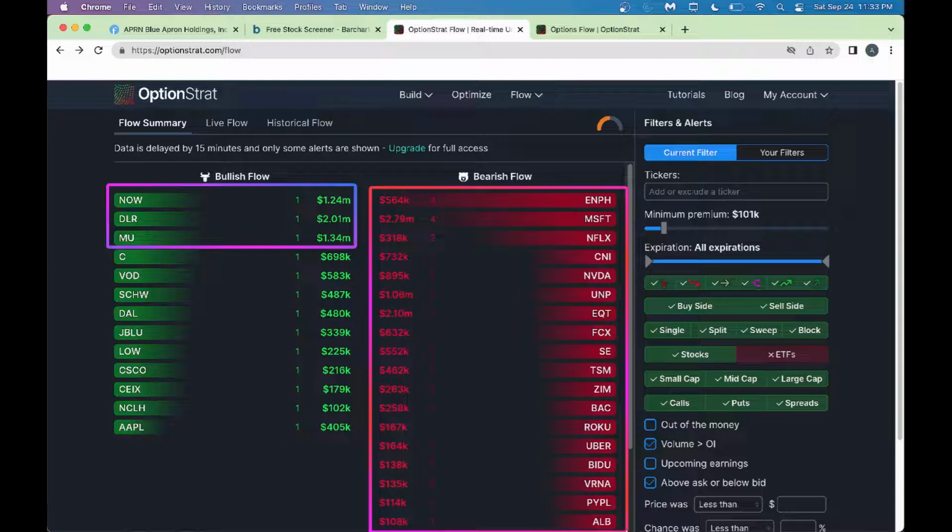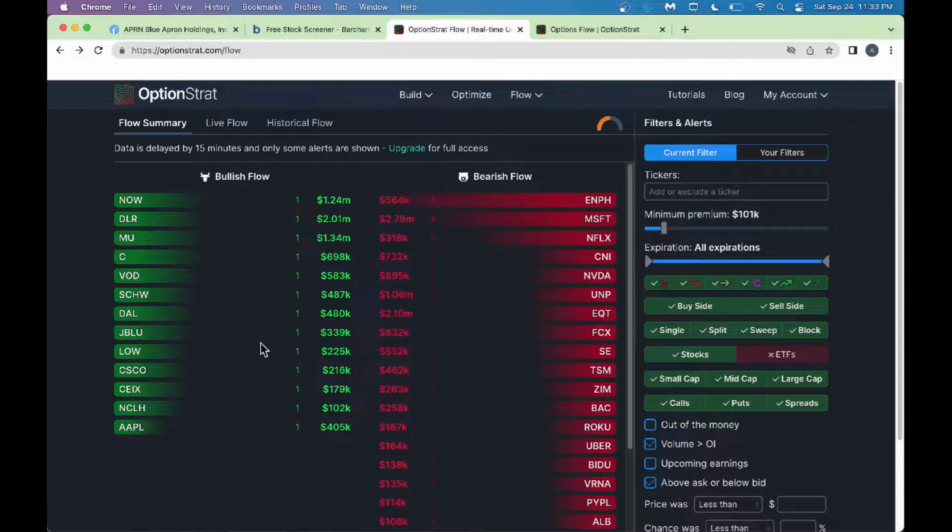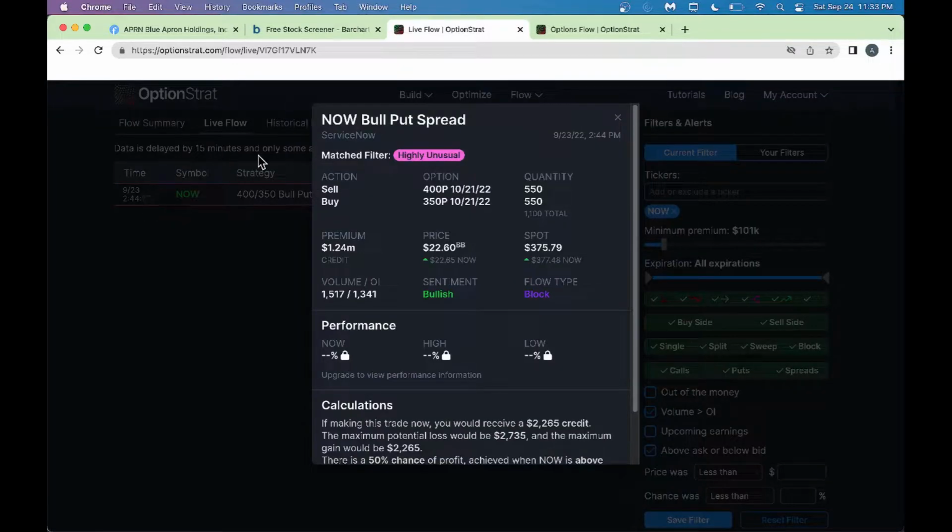And if you want to see what's going on, you can just click on these. Look, we got a few of these. We got ServiceNow. You could click on ServiceNow here, and it will tell you what's going on. Look, somebody's selling